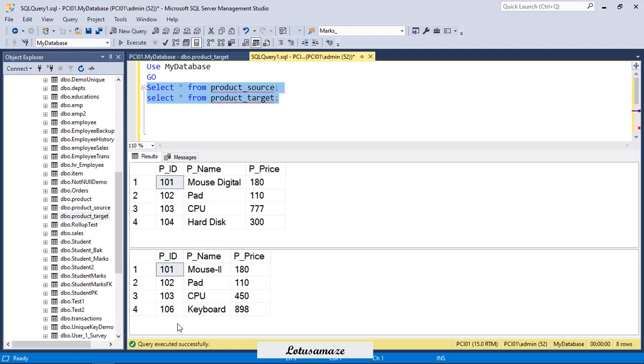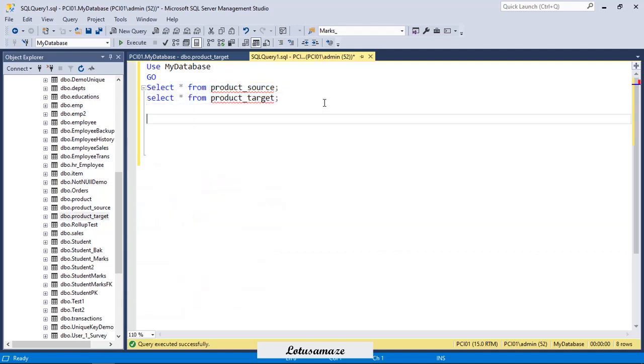So first of all, we will check the insert statement. Now, merge into target table, and alias say trg. Then using source table, alias src.